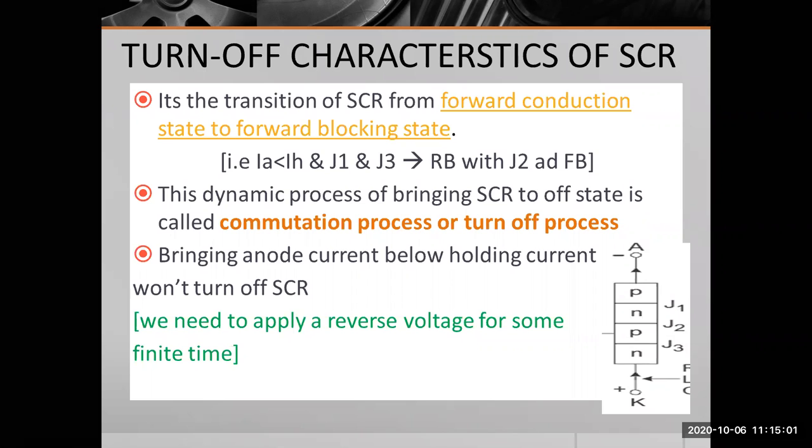For decreasing anode current, we require three types of circuits, or you can say three types of commutation processes. Three types of commutation circuits we require. For decreasing the IA value below holding current, we have three classifications of commutation circuits, or you can say turn off circuits. Turn off circuits are classified into three types based upon the procedure of how the anode current is decreased below holding current. So the first one is, if the SCR is connected to an AC supply,